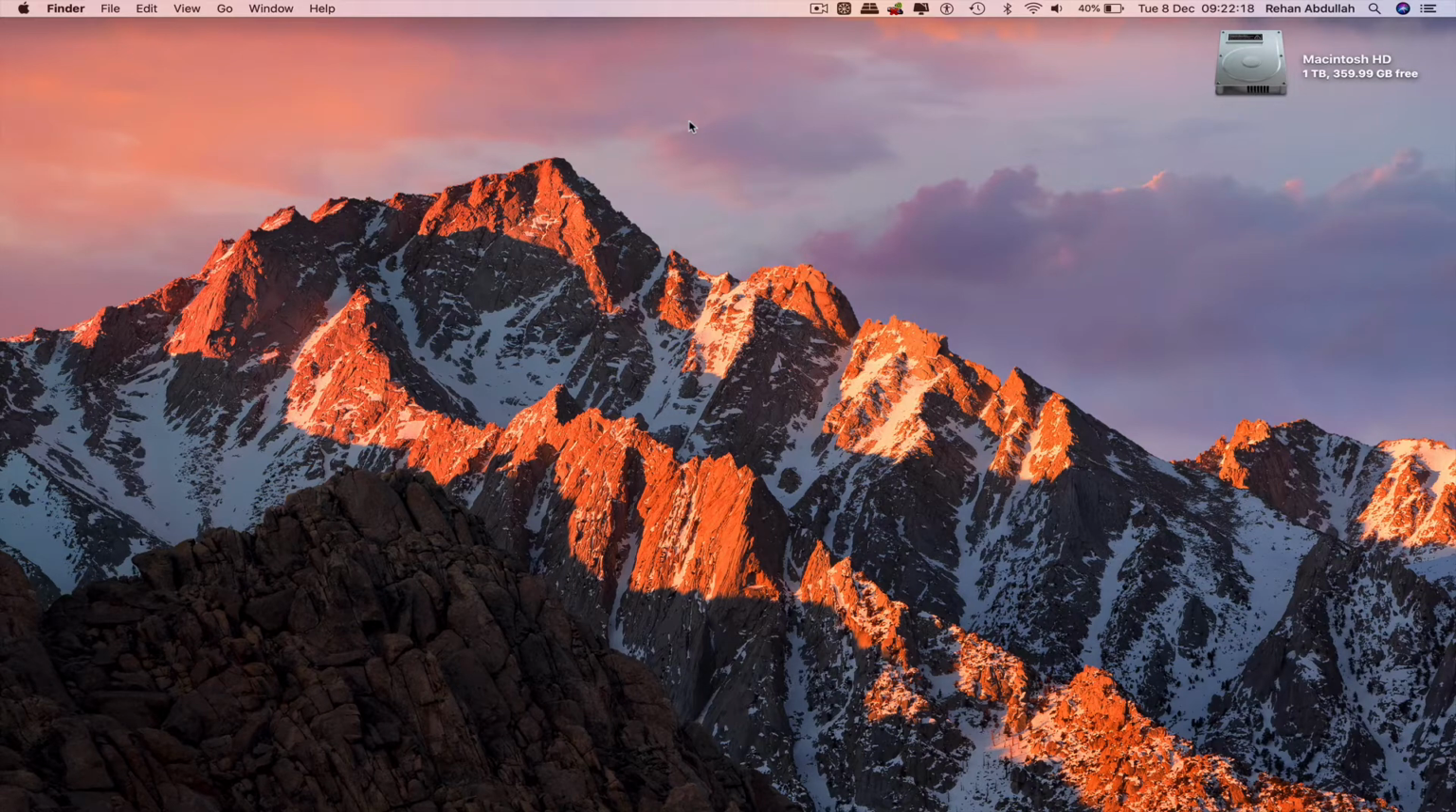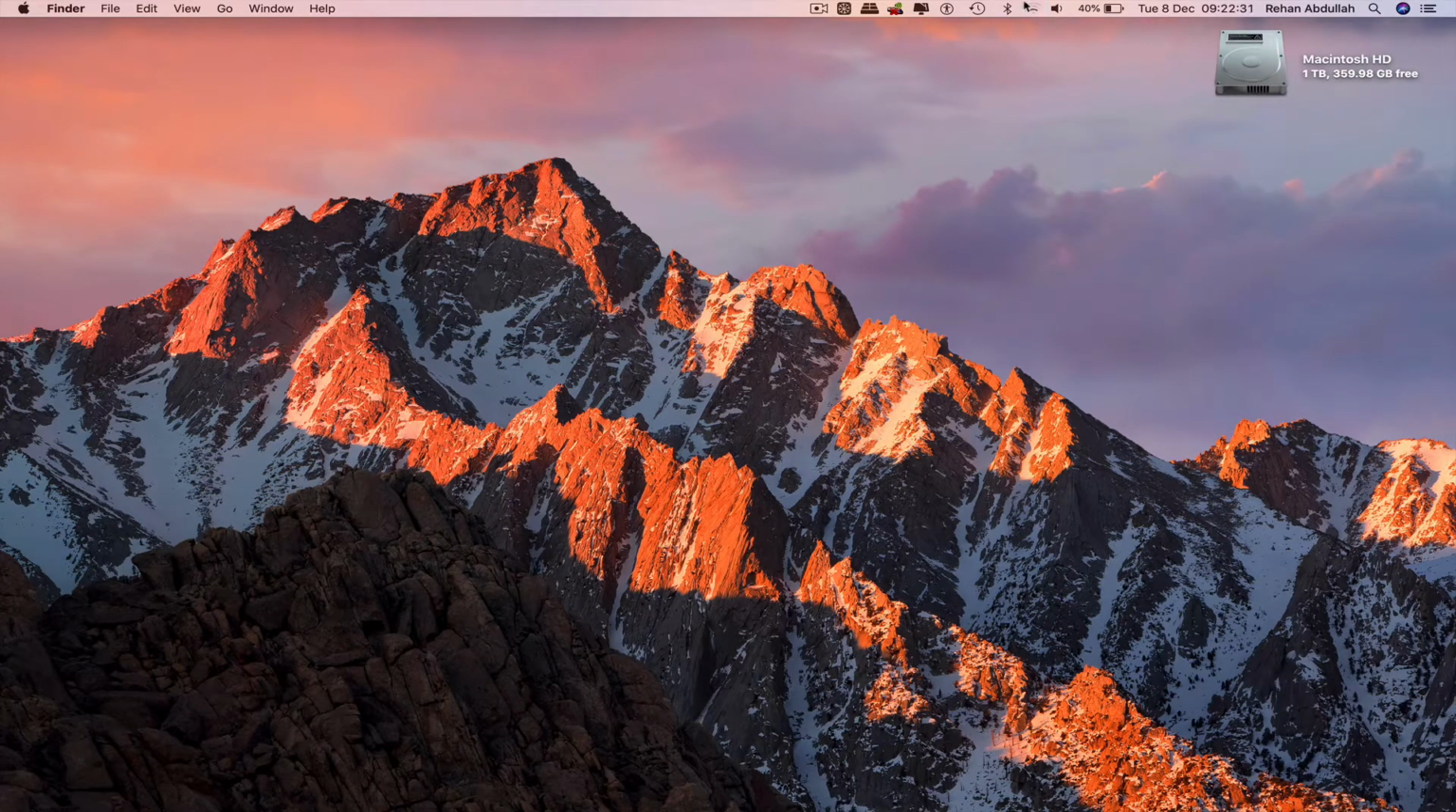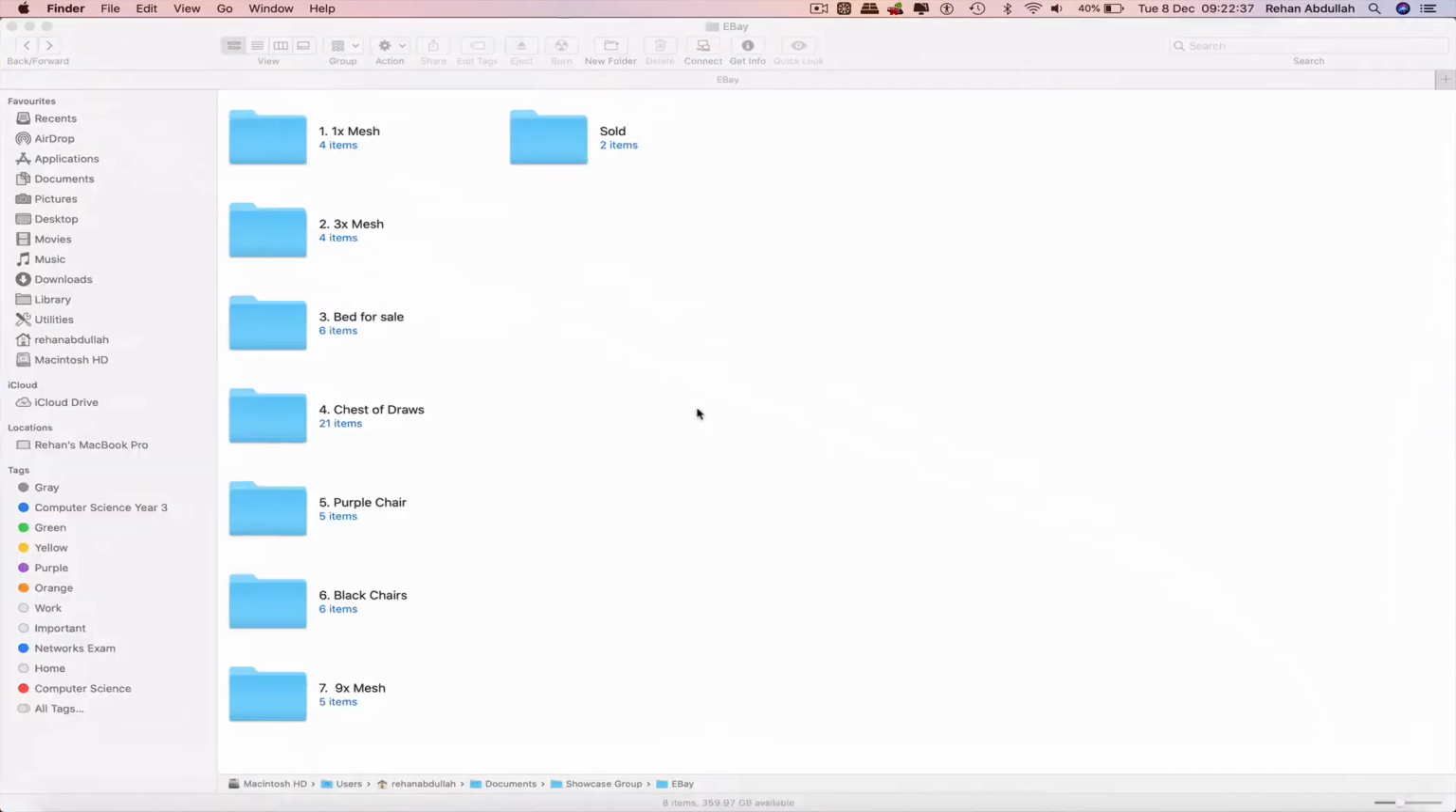So we can now go all the way down to the dock. Before we do that, make sure you are connected to the correct Wi-Fi. Let's just turn the Wi-Fi off, turn Wi-Fi on, and then connect to the required Wi-Fi. Once that's done, we can now go all the way down to the dock, go to Finder, navigate to the